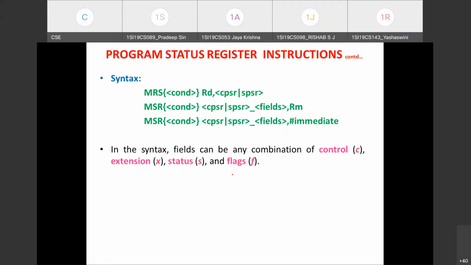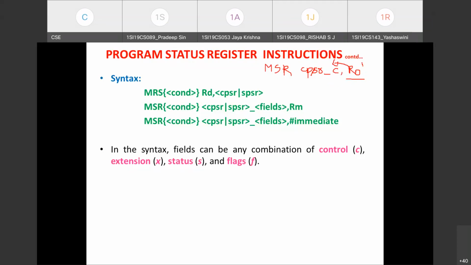Let me give an example here. Say I write MSR CPSR underscore C, comma, R0. If I mention it like this, that means the least significant 8 bits of the R0 register will be taken, and that will be written to the control field in the CPSR register.